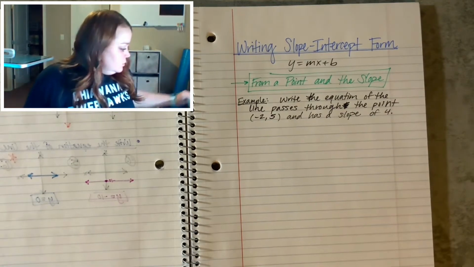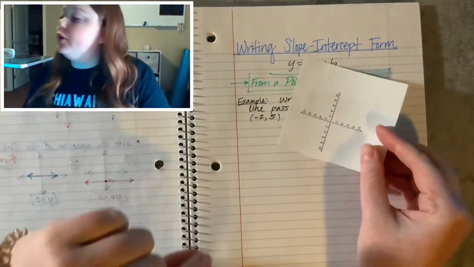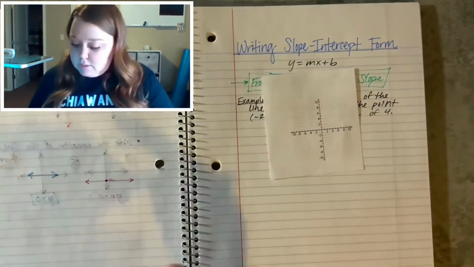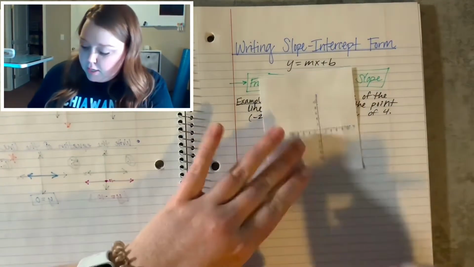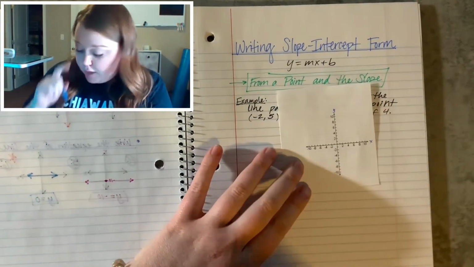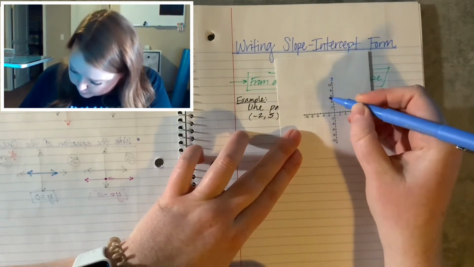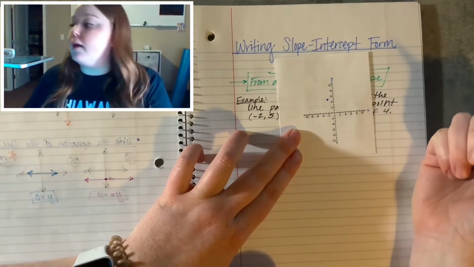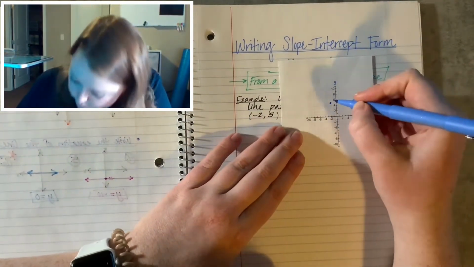So here's one way you could do it. I have a tiny graph, and I know you're not going to be able to see this well, but I just kind of want you to visualize this. So here's my x-axis, here's my y-axis. If I know a point and the slope, what I could do is graph that point. So -2, up 5 would be right there. And then the slope is 4. Well, that's like 4/1. So I would go up